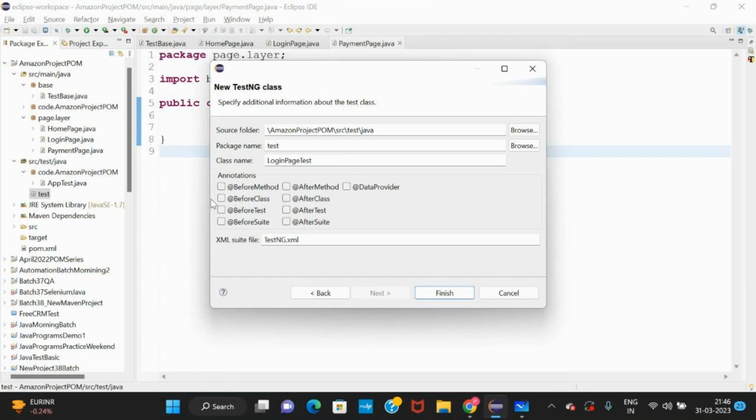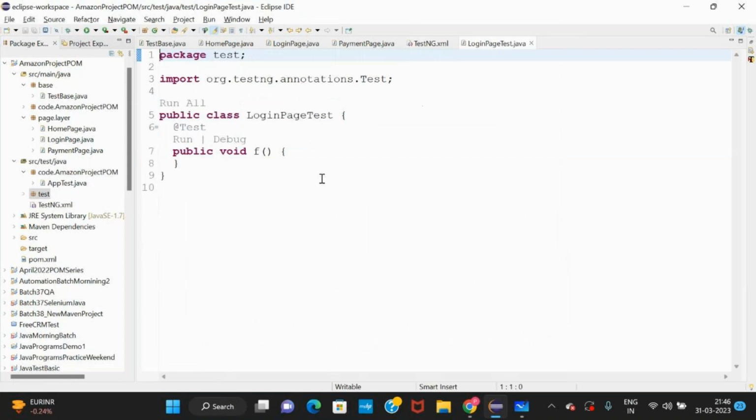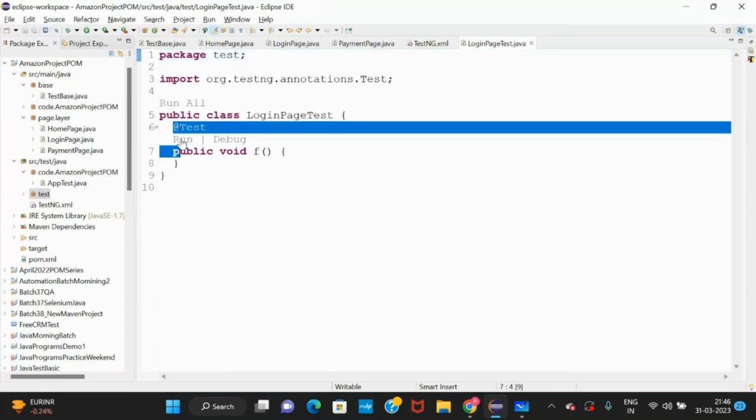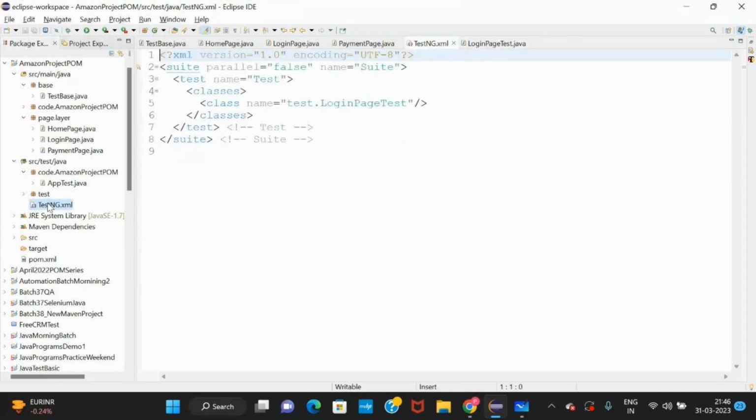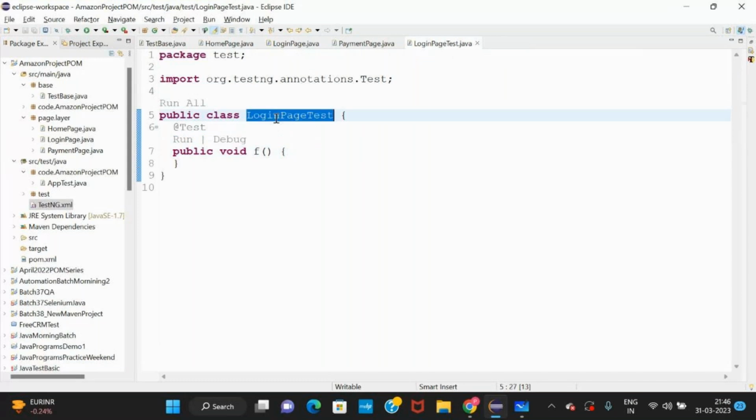If you just finish without any annotation, you will have only one test annotation. One method you have, and the testng XML file is created. I will not change anything in this. We have login page test created.